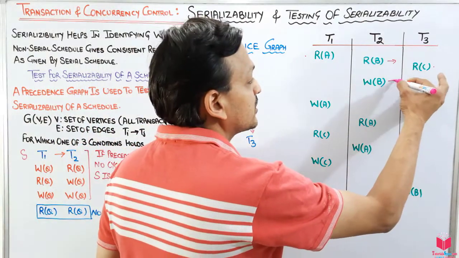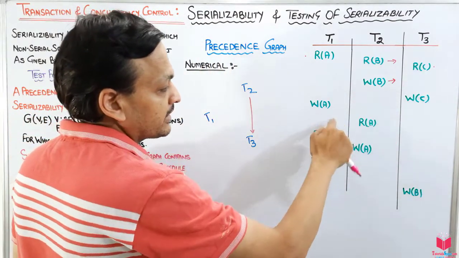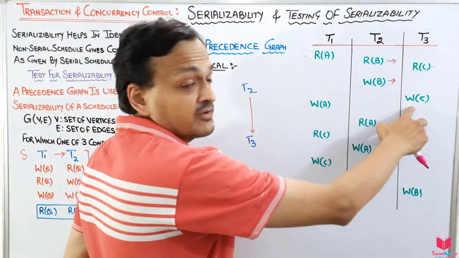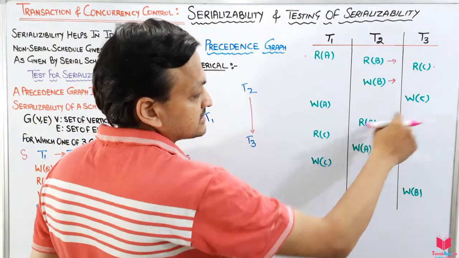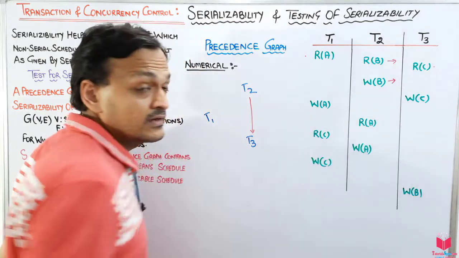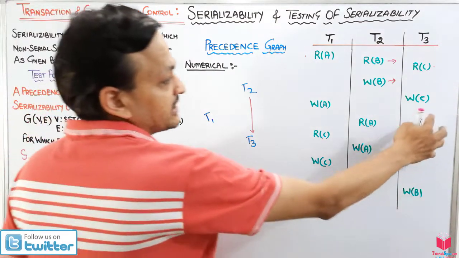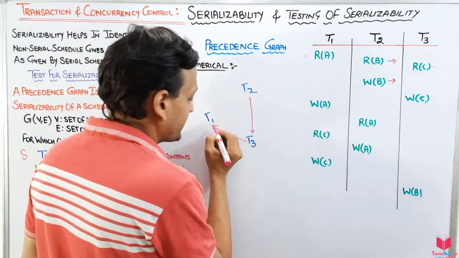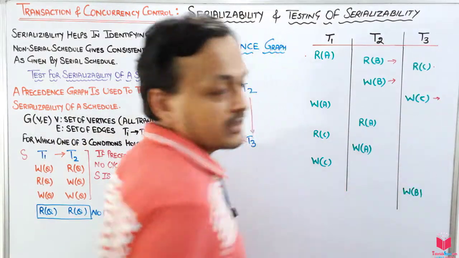So this is also giving an edge, but we will check for T1 also. This is the write operation on B, A, C, C. So there will be no edge from T to T1. After that, we will go for the write on C. That is the write operation on C. Is there a C? No, there is no C. Yes, this is C. This is a write operation, this is a read operation. Write and read operation on the same variable says put an edge from T3 to T1. I will put an edge from T3 to T1. That means it is giving an edge.